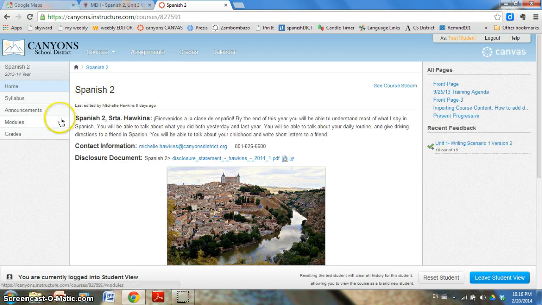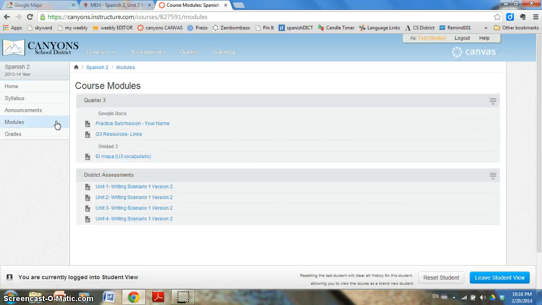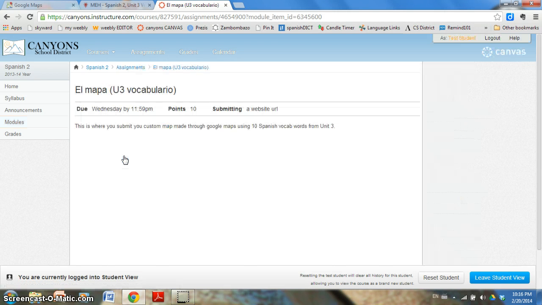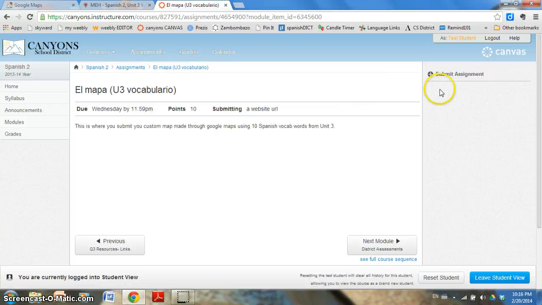You're going to go to the Modules tab on the left-hand side. Top module says Quarter 3, and under the heading Unidad 3, which means Unit 3, you're going to click on the assignment El Mapa, Unidad 3, Vocabulario. Okay. This is where you submit your custom map made through Google Maps using 10 Spanish vocab words from Unit 3. You click Submit Assignment on the right-hand side,